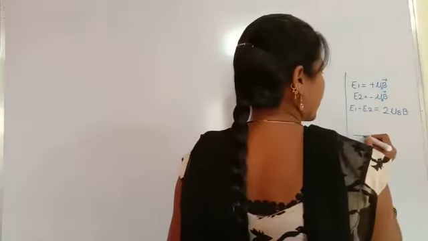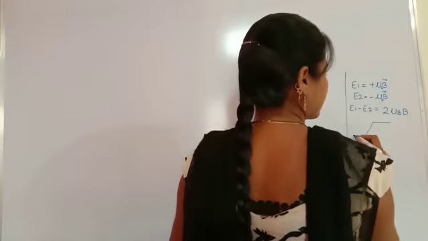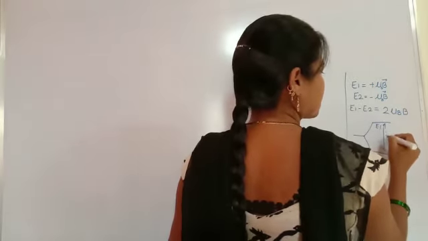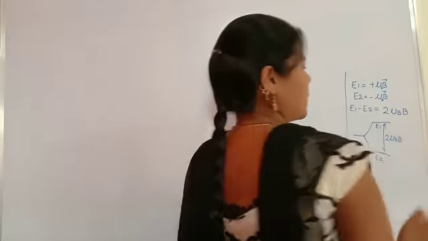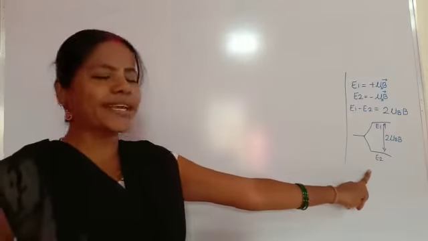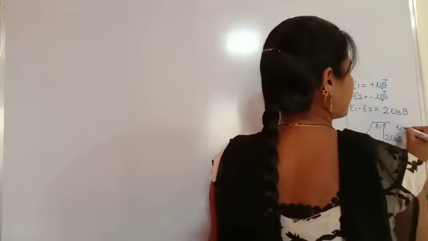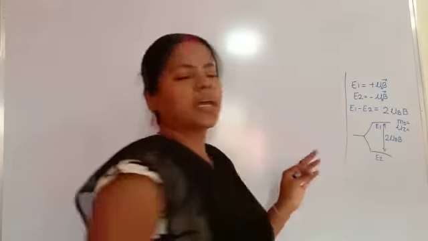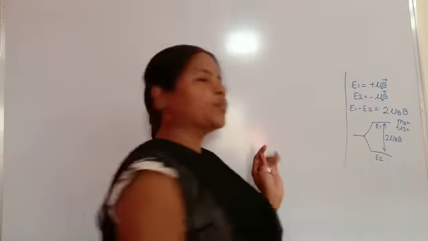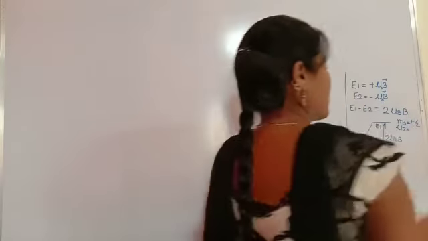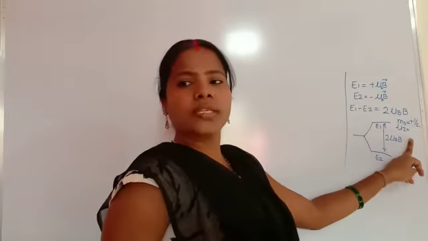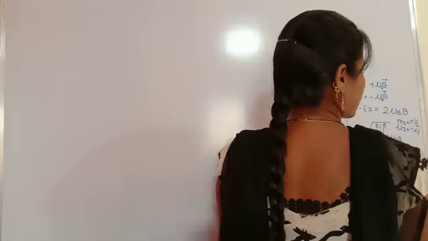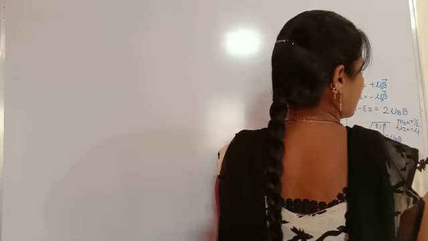We already drew the diagram. This is the energy level E1 and E2, and this difference is twice mu b. Here, along the positive z axis, we write mu z is equal to mu z and ms. The spin quantum number ms is equal to plus 1 by 2 for the E1 energy level, and mu z is equal to minus mu. For ms equal to minus 1 by 2, mu z is equal to plus mu.